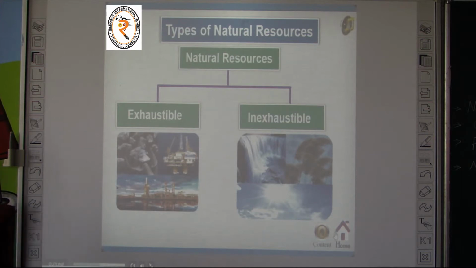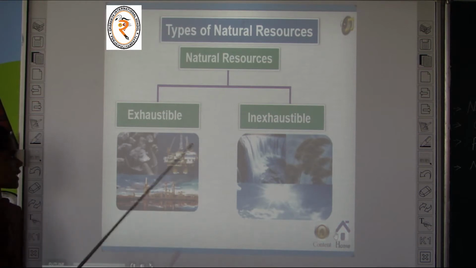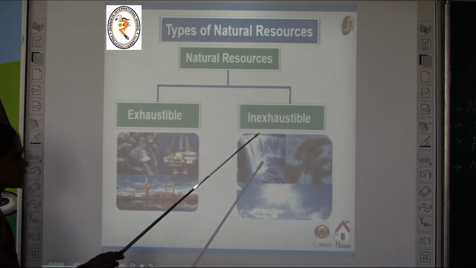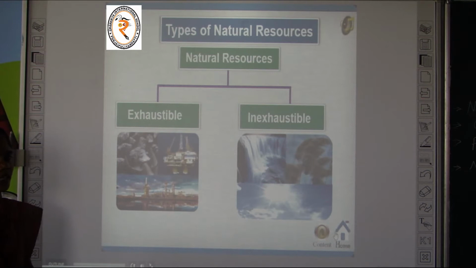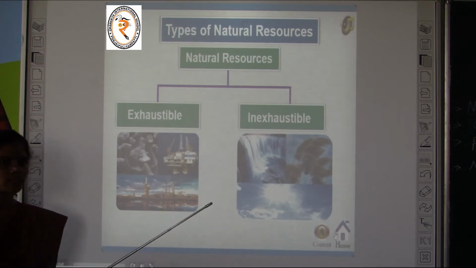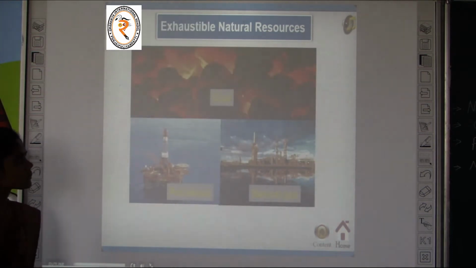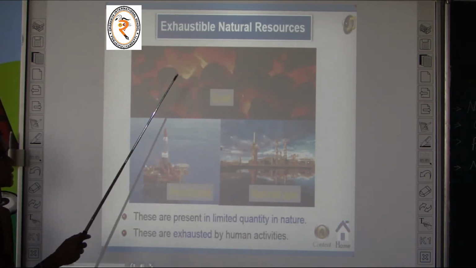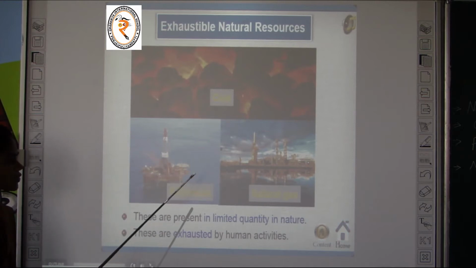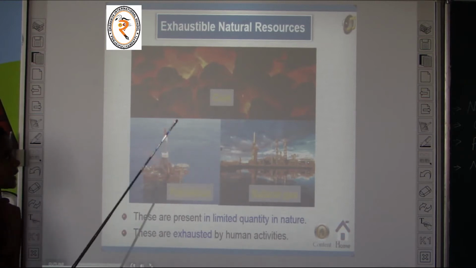What are the types of natural resources? There are two types of natural resources: exhaustible and inexhaustible. The exhaustible natural resources are also known as non-renewable resources, and the inexhaustible natural resources are called renewable resources. So what are the two types of natural resources? They are exhaustible and inexhaustible resources. What are the examples of exhaustible natural resources? They are coal, petroleum and natural gas. The other name of exhaustible or